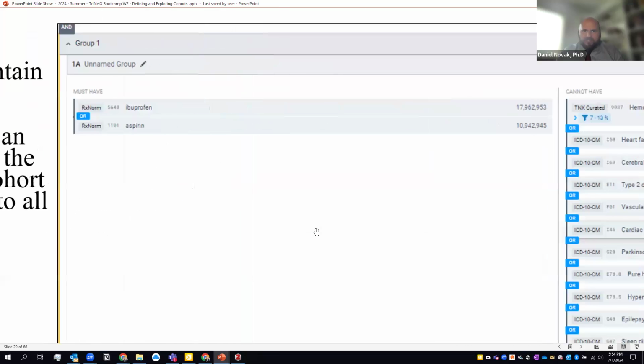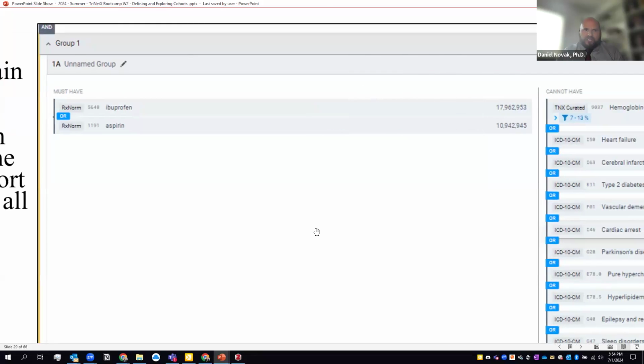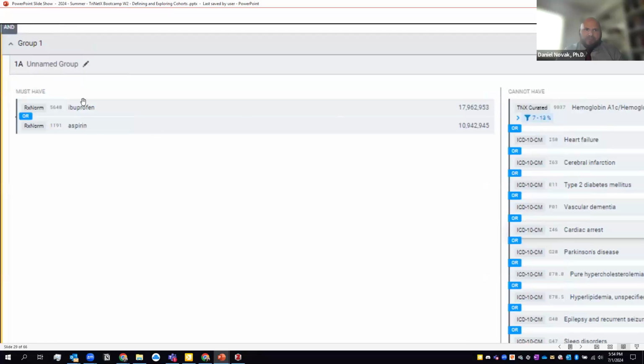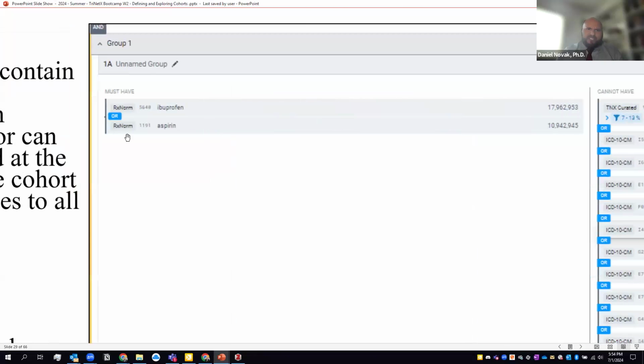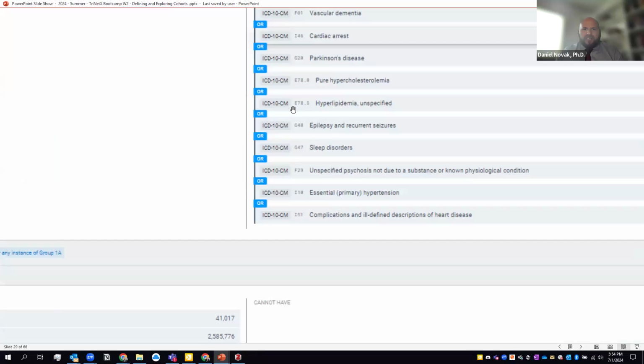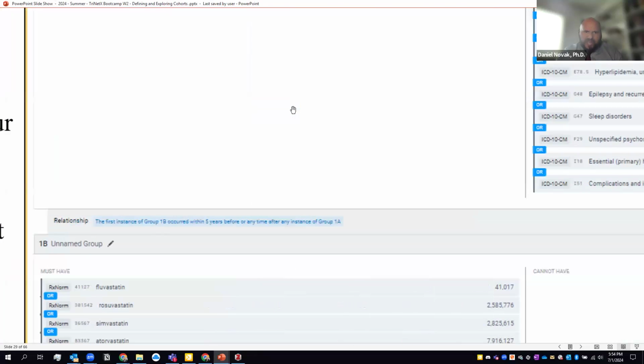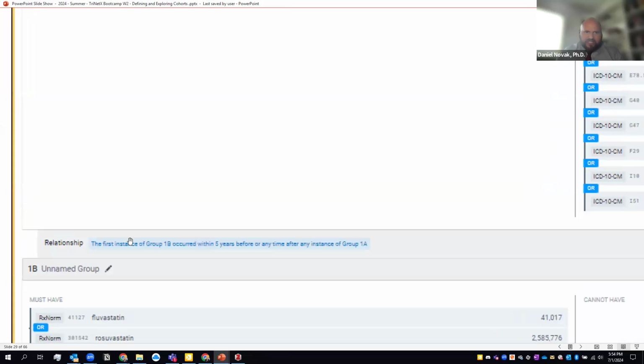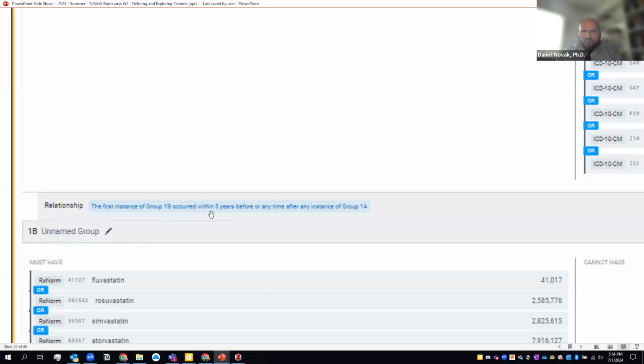Basically, what I set up was two things. One is my group over here that has the ibuprofen and the aspirin, because there has to be something in here that defines this cohort positively. And here are all the things they can't have. And similarly, the first instance of my statin group occurred within 5 years before or anytime after any instance of